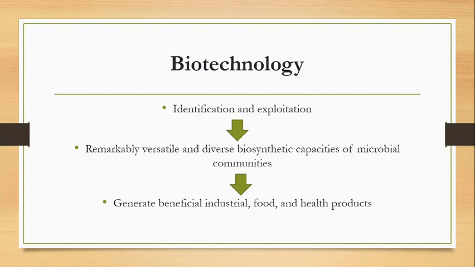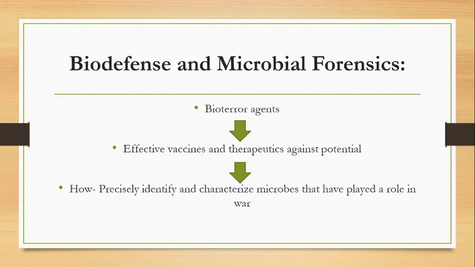Okay. Now the next field is biodefense and microbial forensic science. We know very much about bioterror after this corona effect. There are certain predictions also about bioterrorism. In bioterrorism, what we actually do is use certain bacteria or certain viruses to spread infection, right? That is called a bioterror agent. So if we know the metagenomics, if we know the complete structure of those bioterrorism agents, we can effectively create vaccines and therapeutic agents against those bioterror agents.